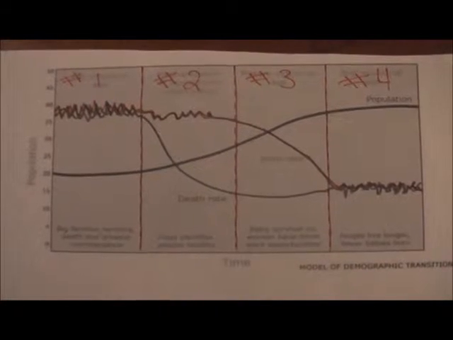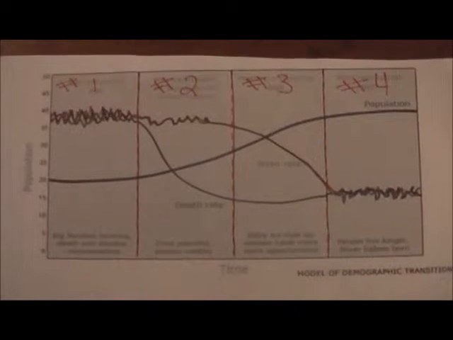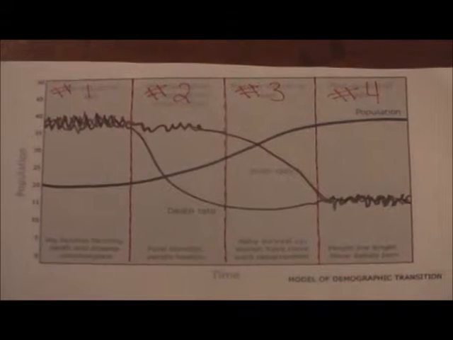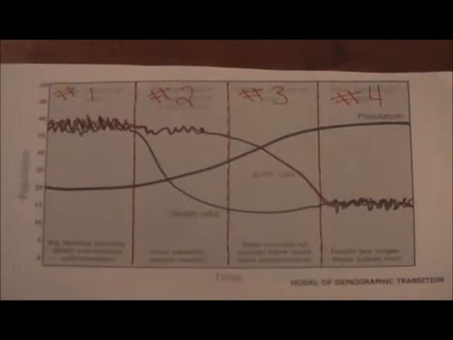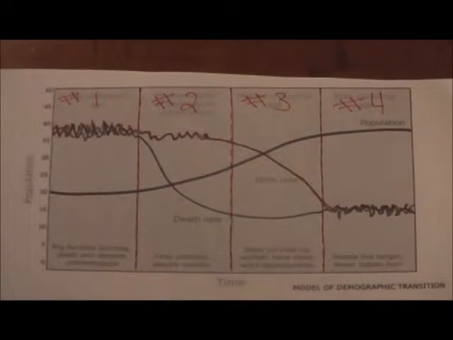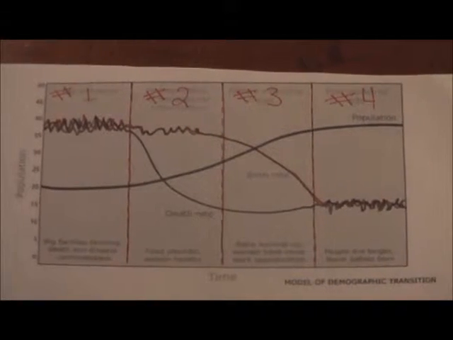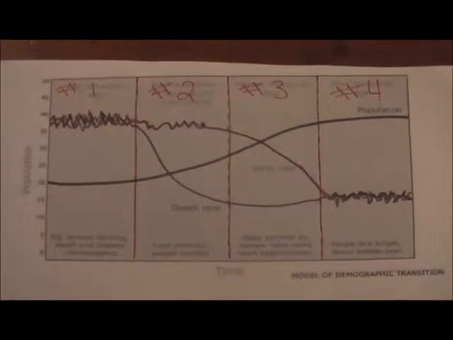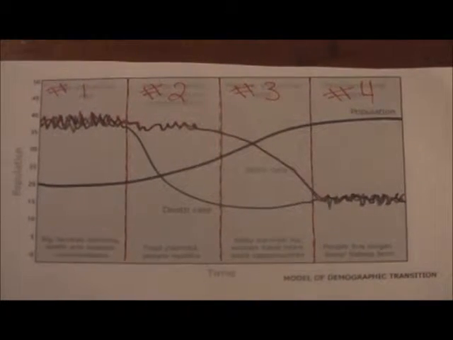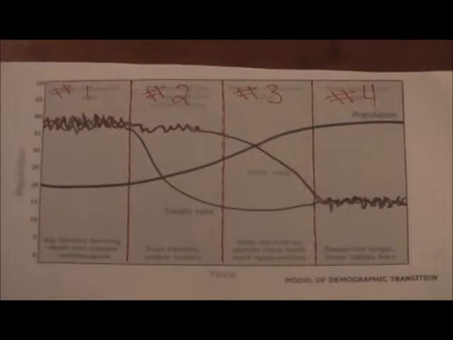If you look over at your far left, you're going to see that number 1 is where death rates and birth rates are high and roughly imbalanced. They're shaking around there. You're going to have 9 kids here and 6 kids here. We're all over the place. Then move on over a little bit to your right, and you're going to see death rates drop rapidly due to the improvements in food supply and sanitation, which increases lifespans and reduces diseases, so people are living longer. Without a corresponding fall in birth rates, though, countries are still having a large number of babies, and you're going to see that large increase in population.